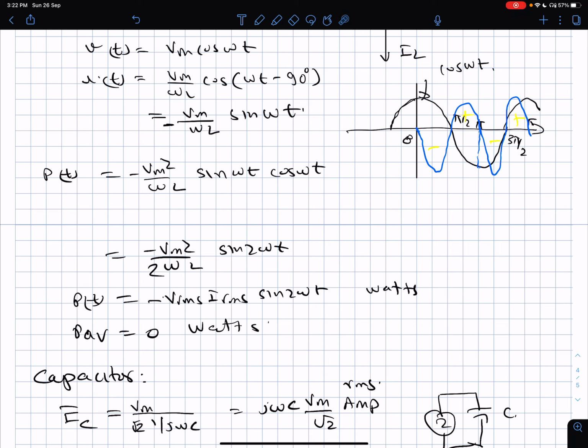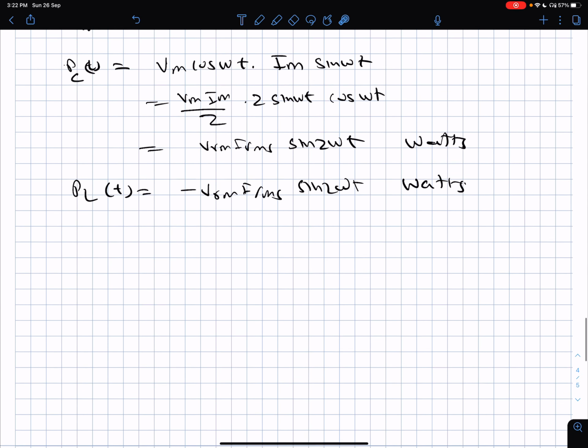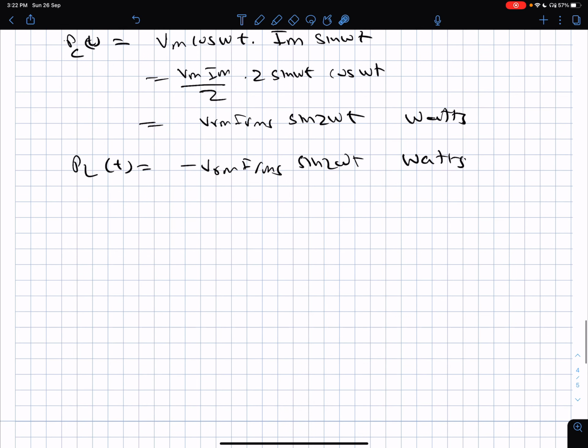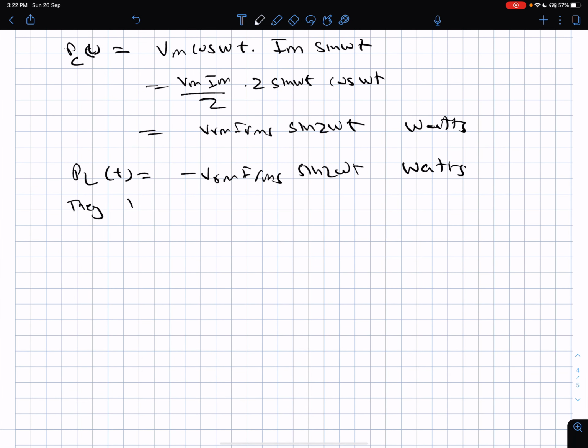If you do it here for this particular one, it will turn out to be like this, then go like this, then like this, and then like this. So the average effect being same, the instantaneous effect is exactly in phase opposition to that of an inductor. What it means is that they have a cancelling effect. Who? The inductor and the capacitor.